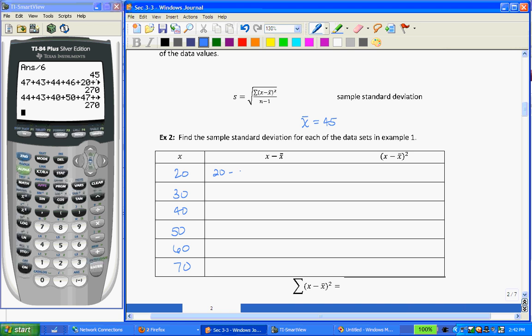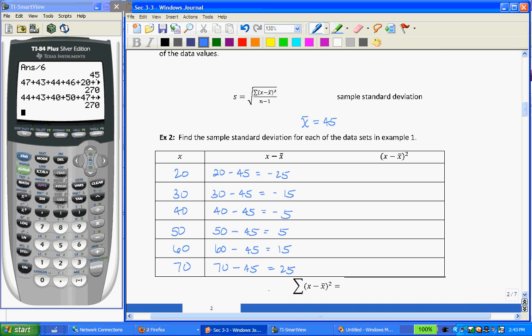So we'll say 20 minus 45, and that's going to be negative 25. 30 minus 45 would be negative 15. 40 minus 45 would be negative 5. 50 minus 45 is just 5. 60 minus 45 would be 15. And 70 minus 45 would be